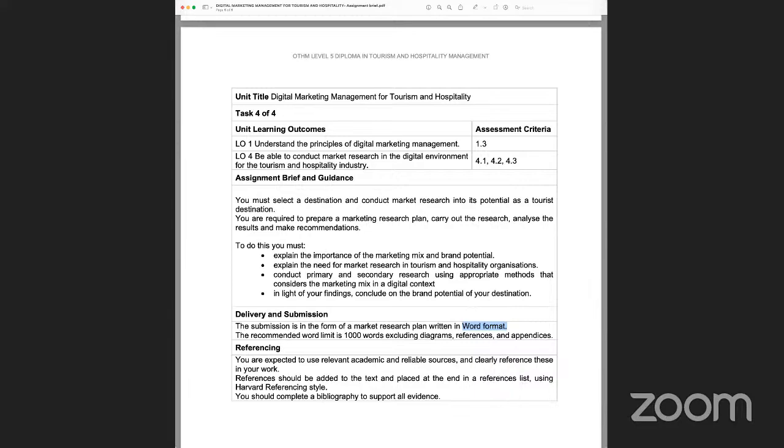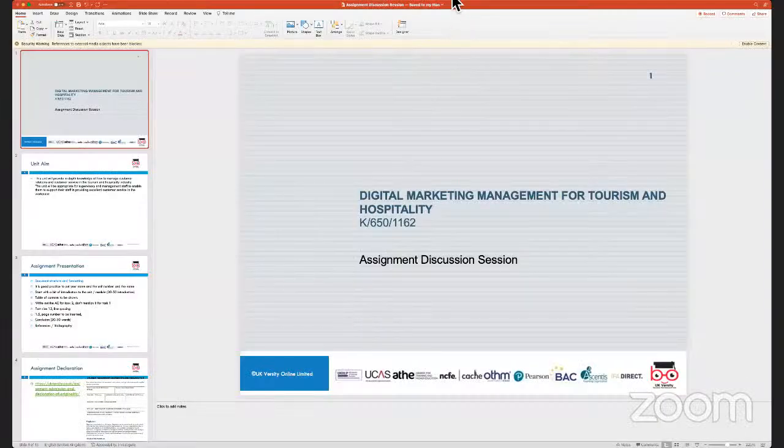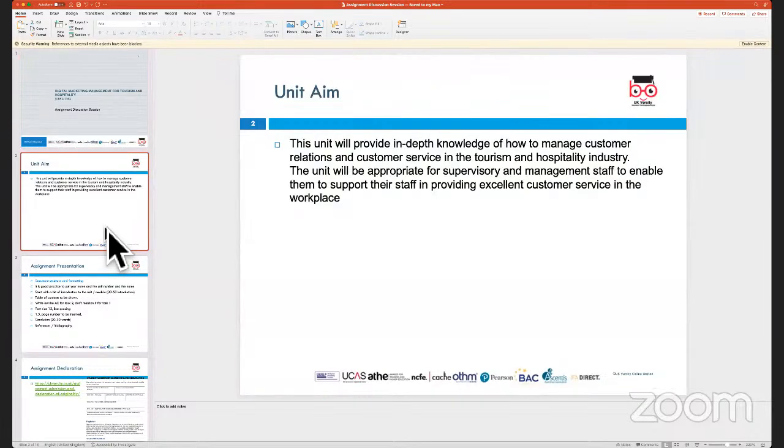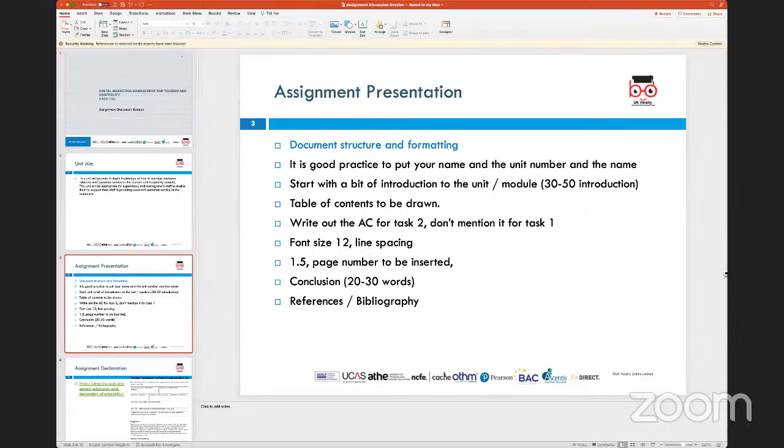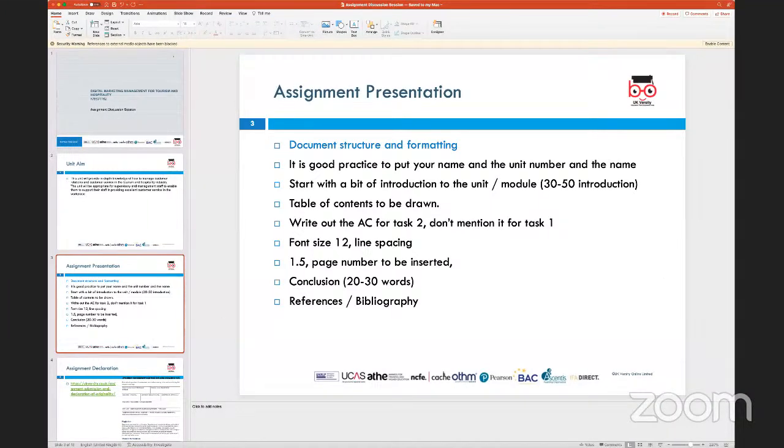So let me switch you over to the PowerPoint presentation, and this presentation would be available to you on Moodle after this session. So we're primarily looking at covering some of the details of the unit and some basic tips that I would like to share. I don't know whether they have been shared before, but some basic tips which I'd like to share when you start doing an assignment would be to present it as a document, because it's a document, so you structure it, you format it, and it should be professionally presented.